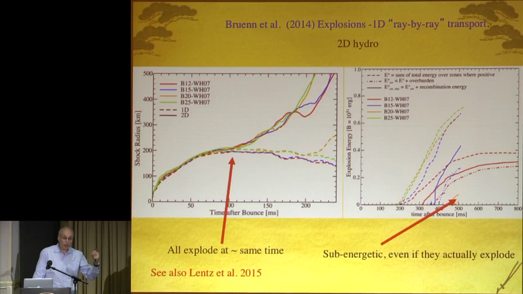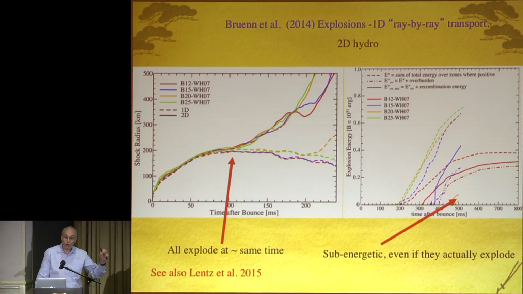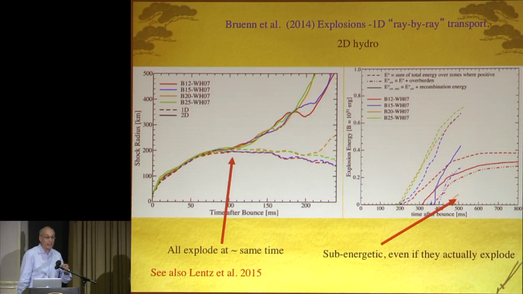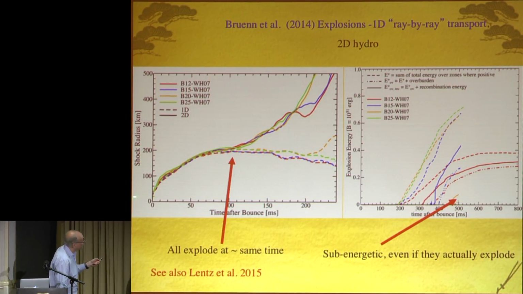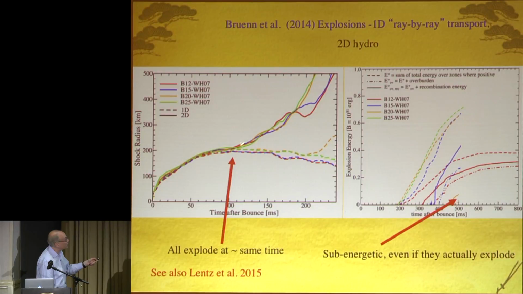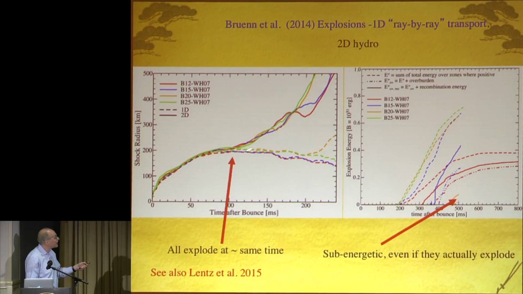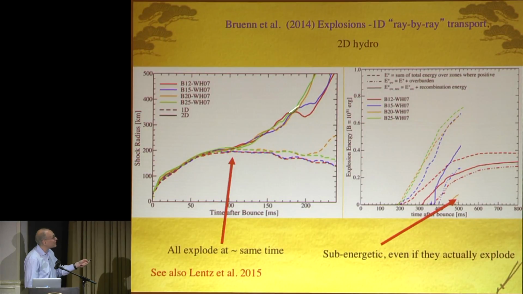So you can get explosions, but can you get 10 to the 51 ergs generically? That is really the goal. And can you get it credibly? The Oak Ridge team is doing great work, but this is their example comparison. This is 1D versus 2D, and in 1D, no explosion, but in 2D, they had explosions. But they're getting explosions for these particular models at almost exactly the same time.